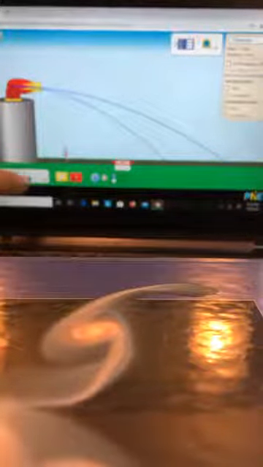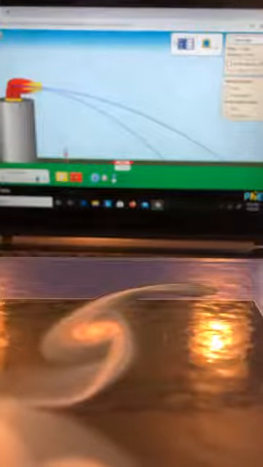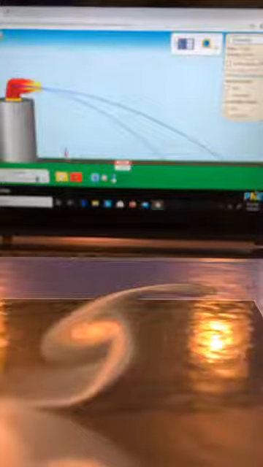So let me do even higher velocity. I converted to a maximum velocity of 30 meters per second. So let me fire again. Okay, see, it is almost beyond the range of the screen. So let me start with a smaller velocity.